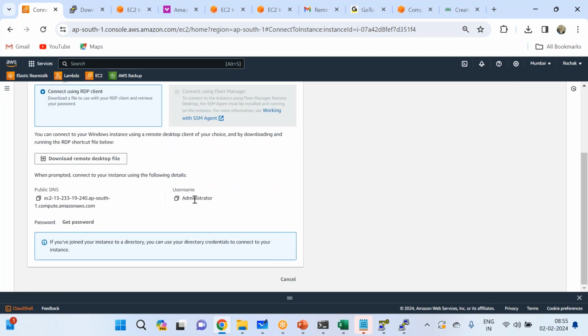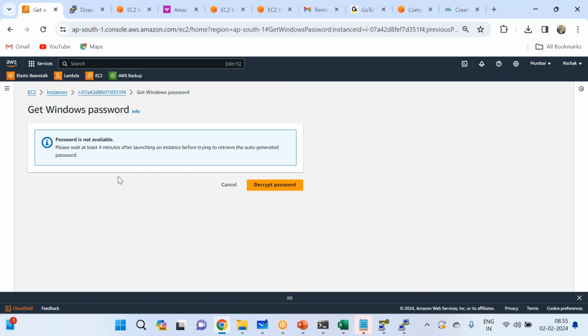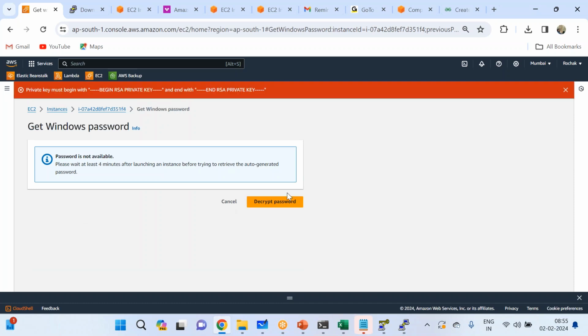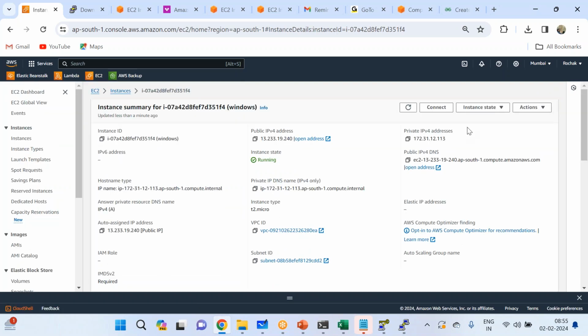But the username is the administrator. We need to get the password. So for getting the password, what you need to do is get password, decrypt the password. Oh, okay. Please wait at least 4 minutes after launching an instance. So we will just wait for 2 more minutes, I think. And then once you decrypt the password,